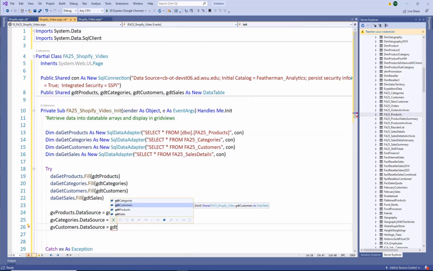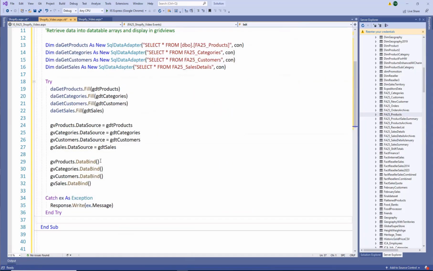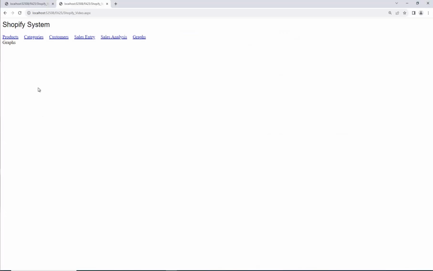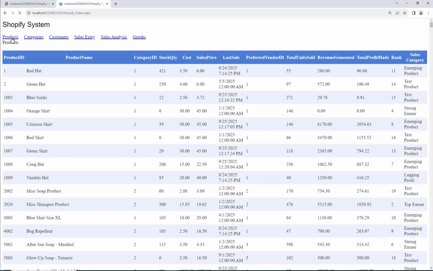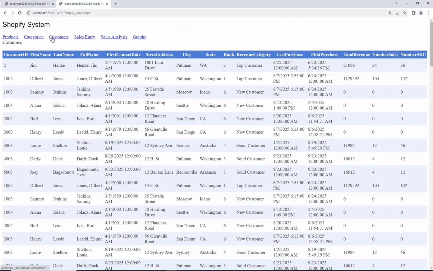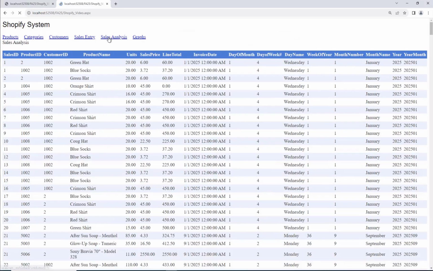So this IntelliSense is pretty nice. The last step is this data bind. So the grid view gets its data source, and then you do a data bind, all 4 of them, and you have to be very careful to connect the right one to the right grid view. Then we should just run it and see what happens. All right, if there's no typos, then it should retrieve the data. Now, I'm not saying this is a good design yet, but we just connected to our database and retrieved a whole bunch of data using this shortcut way of doing it. No stored procedures yet. We'll see you next